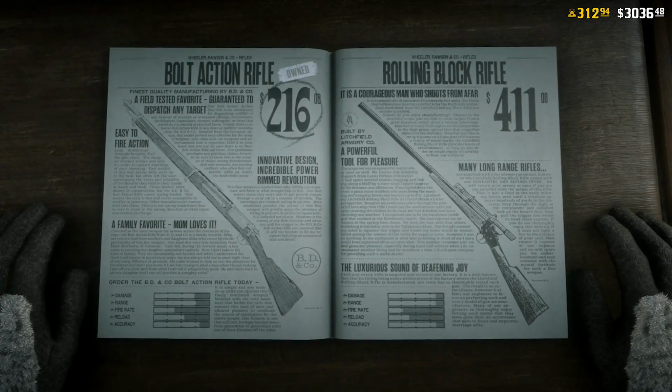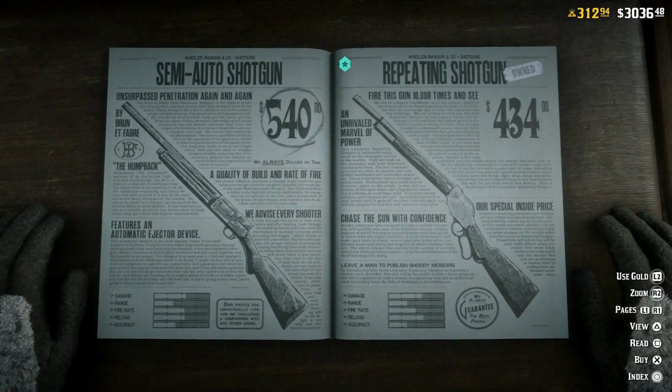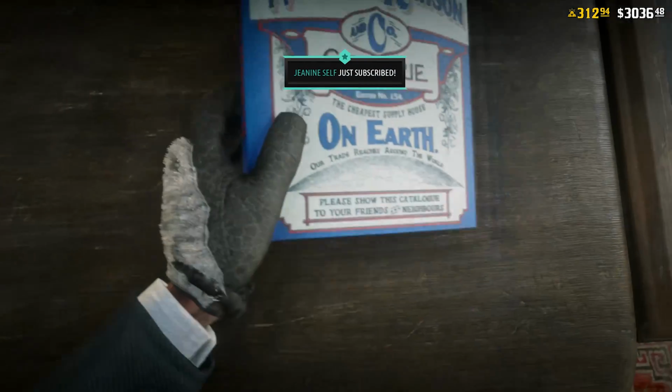Now, also, another low-level weapon that you're going to want to get is the Lancaster Repeater. I am going all the way to the shotguns. You're going to want to buy...